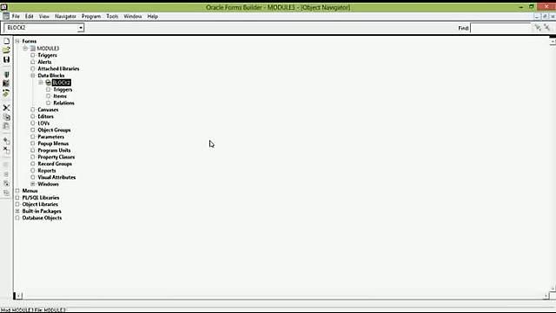Now we will go to the property of the canvas. From this property sheet we will go to the canvas type and select horizontal toolbar, and I will change another property, that is bevel, and we will make it raised.